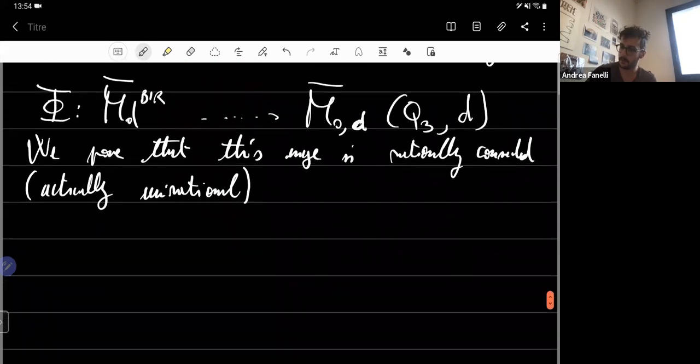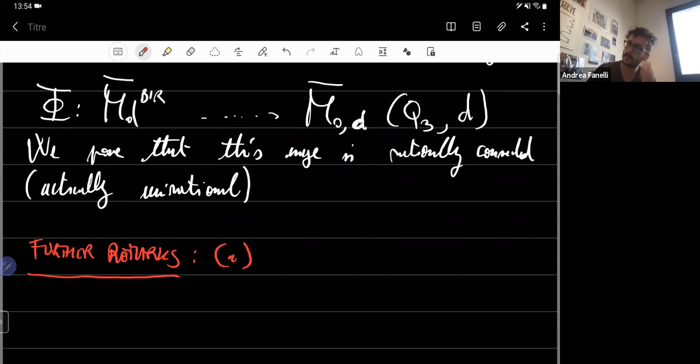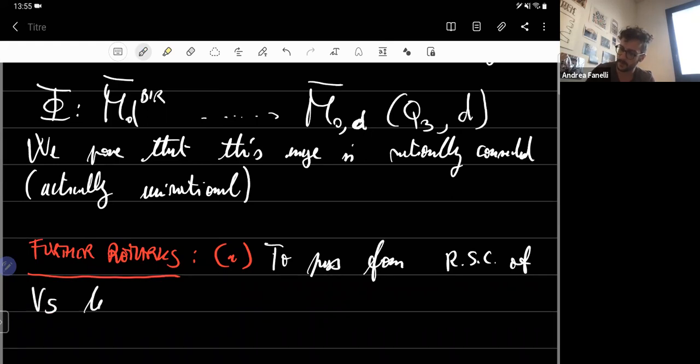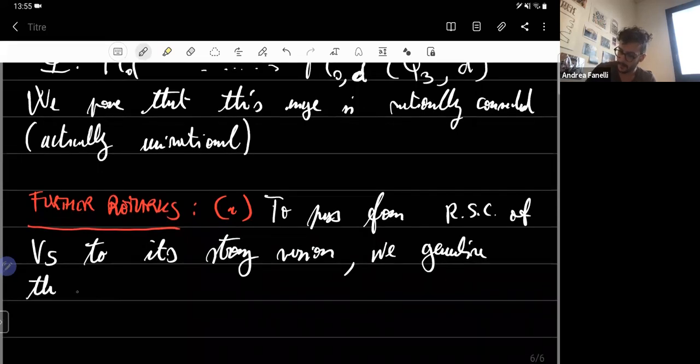Okay, and let me finish up with some further remarks. To prove this, I give you an idea, but of course there are many moduli spaces of rational curves which have to be studied. So to pass from rational simple connectedness of V5 to its strong version, we generalize the techniques of de Jong and Starr